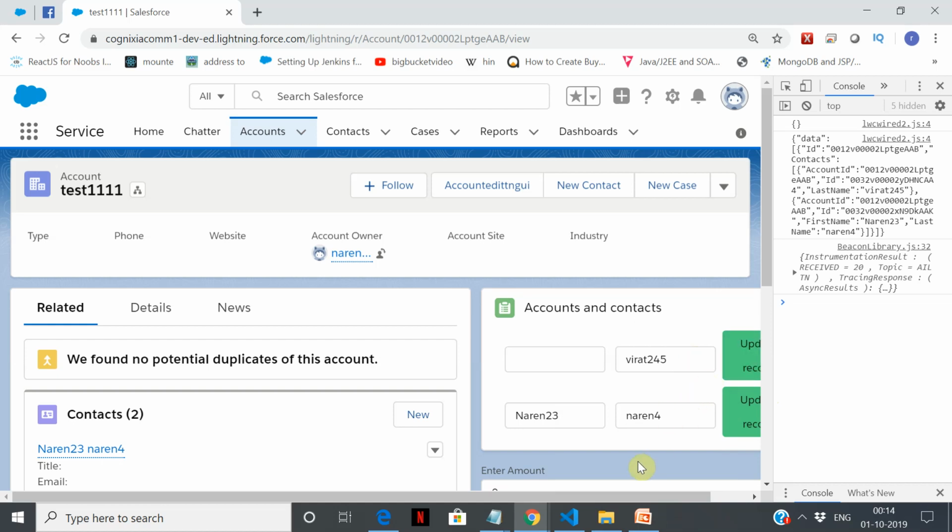Next we will try to create a new record. Okay, that's the next thing that we're going to do. So we're going to create a button over here itself, which is going to say create a record, and it is going to create a contact over here, and you're going to also associate with the current account that's there. So let us do that.